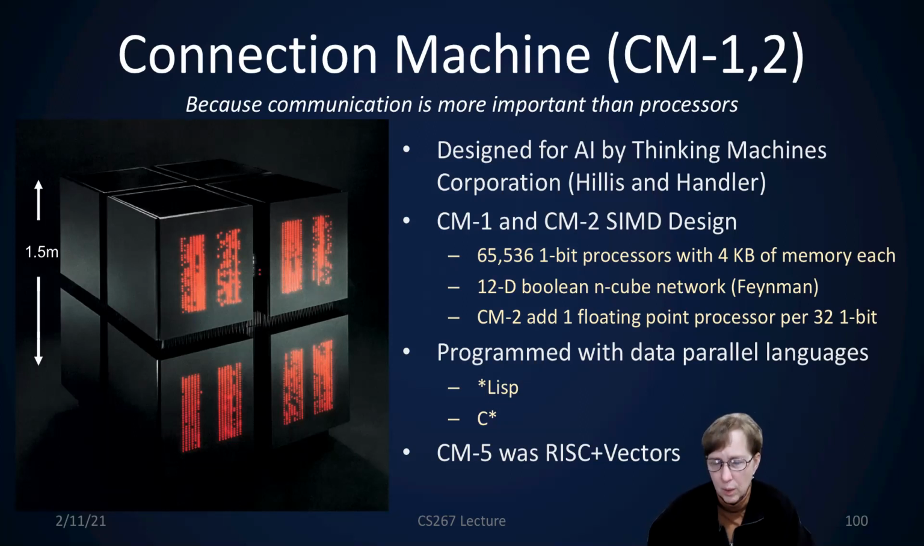I've seen both 12 and 20 dimensional Boolean hypercube networks, and it was actually designed by Feynman, who was working with them over the summers. It was based on ideas he had used in the Manhattan Project at Los Alamos for computing logarithms. And so they decided to use this idea to build this machine, and it was called the Connection Machine